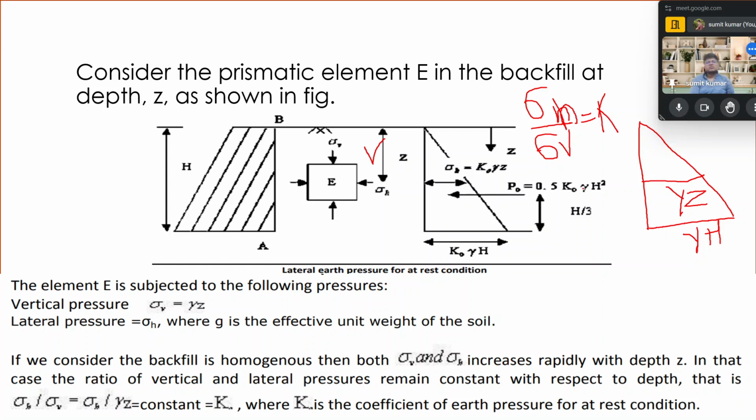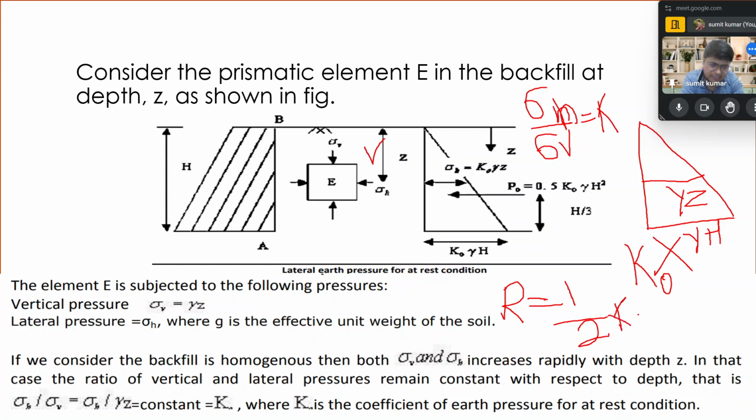Okay, ठीक है. So sigma h by sigma v is k. So when we are calculating the value of sigma h, it is multiplied by the value k, that is the earth pressure coefficient, which may be earth pressure at rest condition K naught, earth pressure in active condition K a, and earth pressure in the passive condition K p. Afterwards, when you multiply 1 by 2 into H into K gamma H, you will come to know that the resultant earth pressure is like 1 by 2